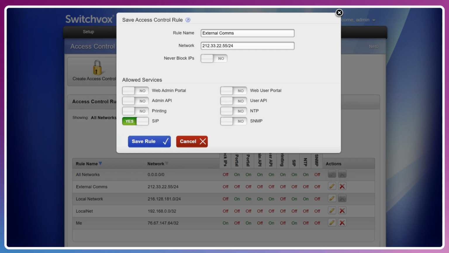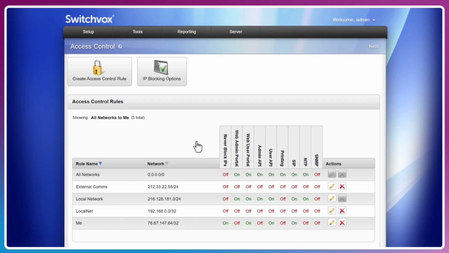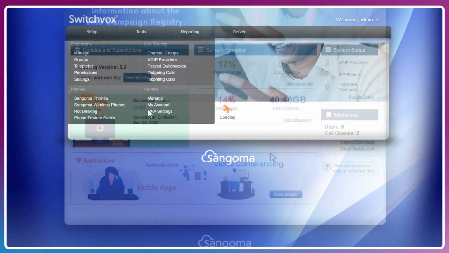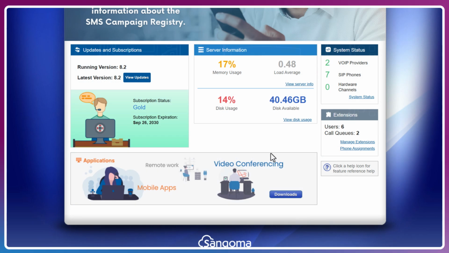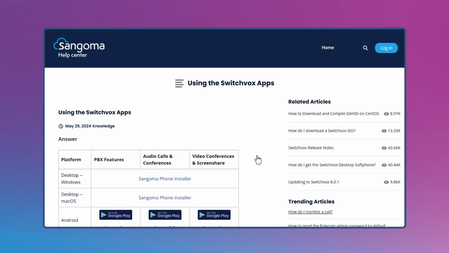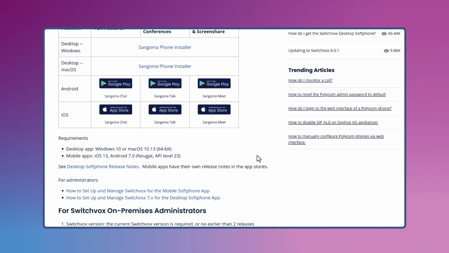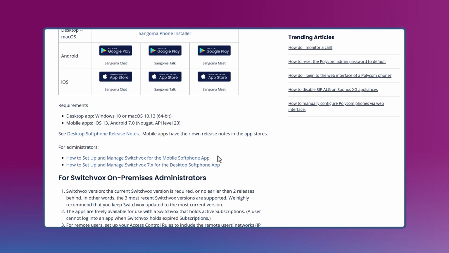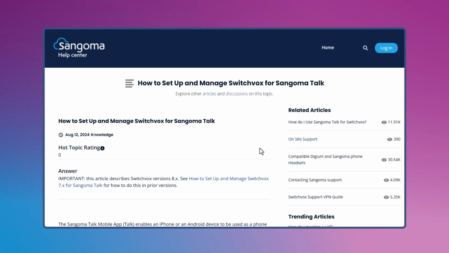For further information on the Sangoma mobile application suite, including features, troubleshooting, and firewall rules, you can head to the Sangoma knowledge base. An easy way to find the soft phone specific help is going to the Switchvox home, clicking on the banner. And down here, I found the mobile soft phone app information.